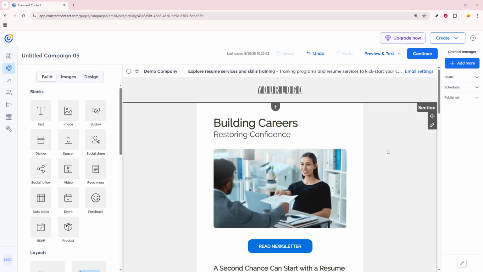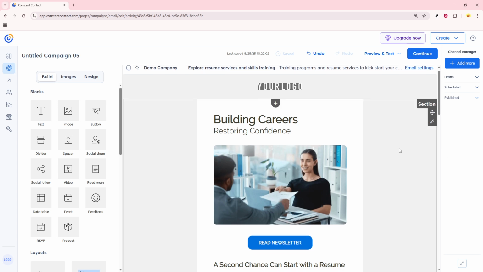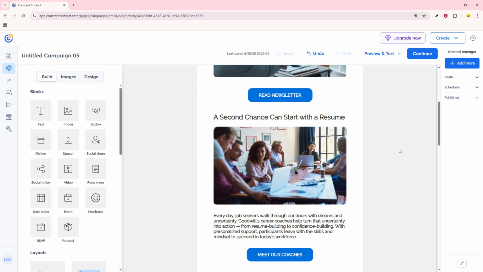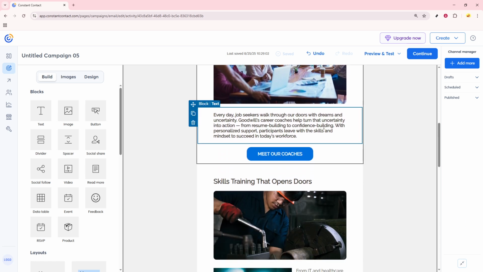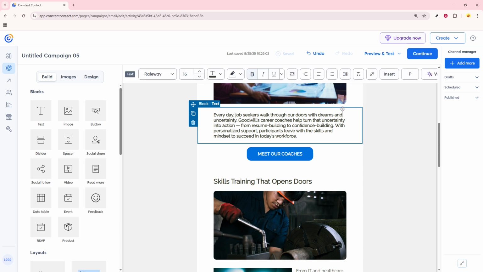Once there, you'll see a preview of your email layout. Your task is to click on or highlight the specific text block that you want to center. As a quick reminder, centering text can enhance the visual appeal of your email and bring focus to particular points or sections. So, assuming this text block isn't already centered and you'd like to make that adjustment, simply select it